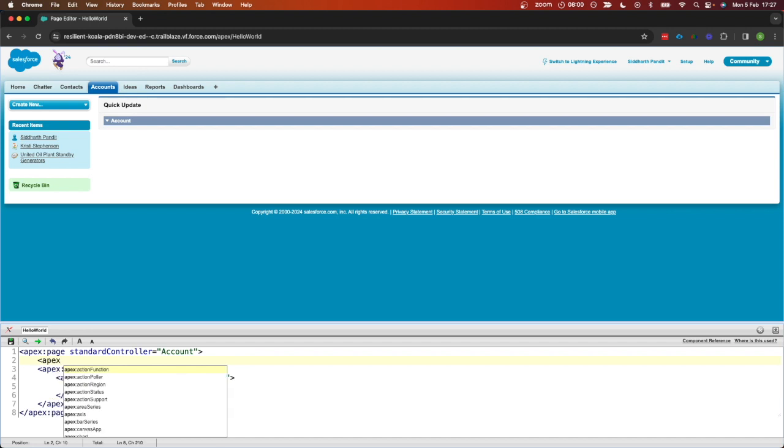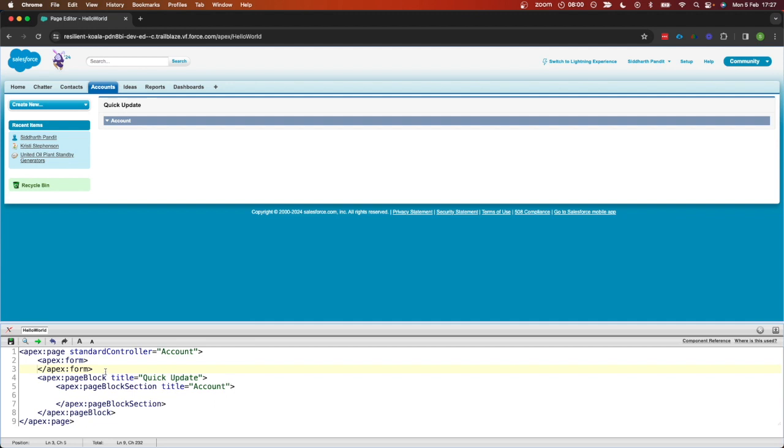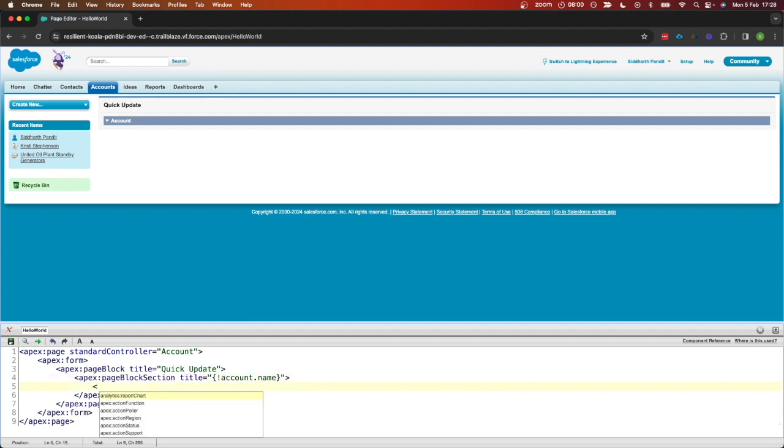Okay, now let me add a form as well, because I'm going to add input fields. So apex form, and then in the title I want to display the account name. So I'm going to use the syntax that's how we bind the data. Okay, the binding syntax: curly braces, exclamation, account dot name, and then I'm going to type apex input field,